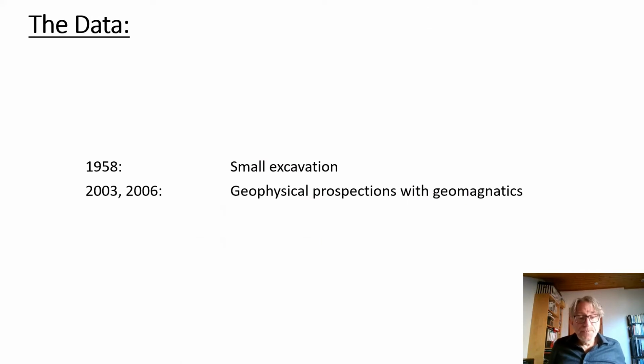The data. Since the end of the 19th century, it is known that in the area near Stettfeld there is a Roman site. However, there are no systematic excavations until now. Just a small digging project by a teacher in 1958, who found remains of a bathhouse. Unfortunately, the documentation is too little. Nevertheless, it is enough to assume that there are the remains of a Roman building of the 2nd and 3rd